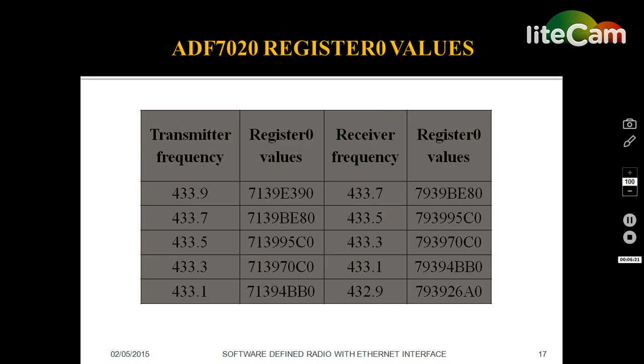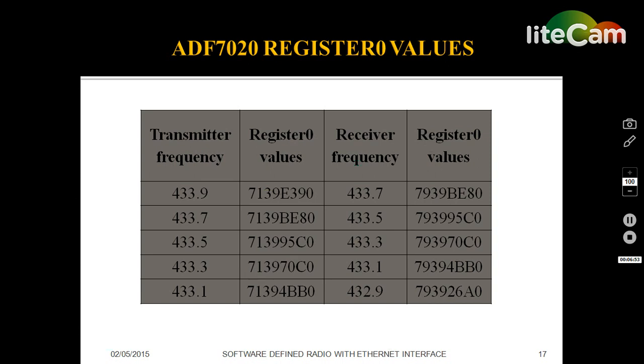These are the ADF7020 register 0 values for frequency settings. We have two sections in the project: one is transmitter, next is receiver. Both are ADF7020 transceivers, and on the transmitter side we have selected only 5 frequencies from 433.9 megahertz to 433.1 megahertz, and the corresponding register 0 values are also listed in this table.